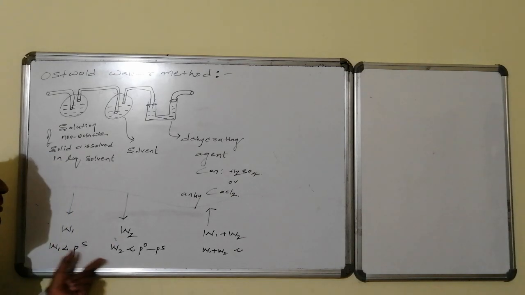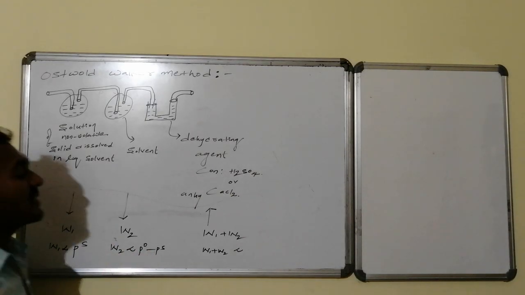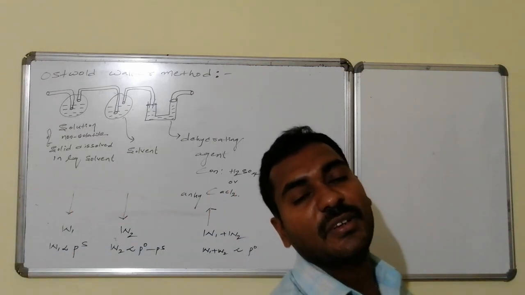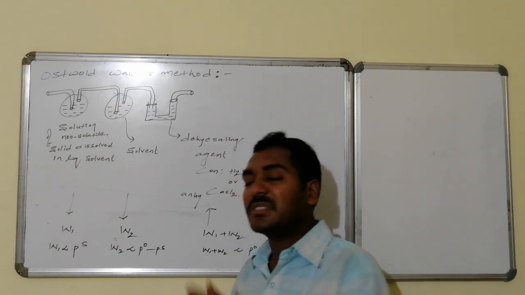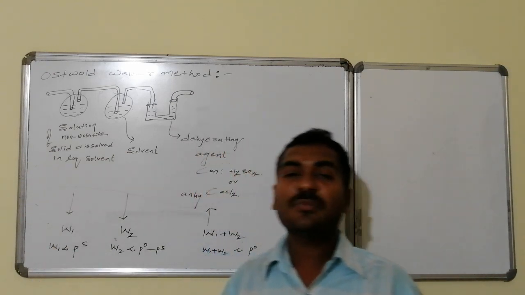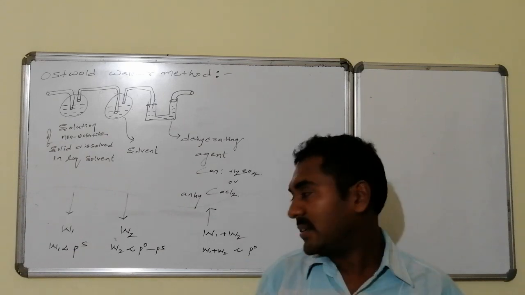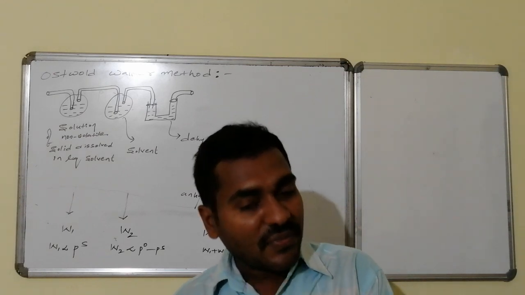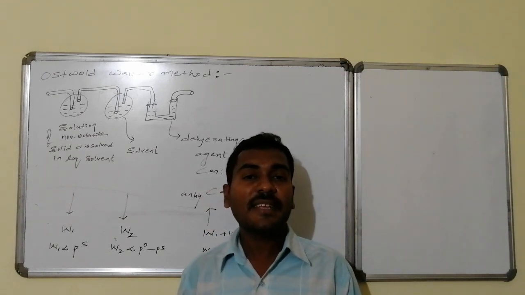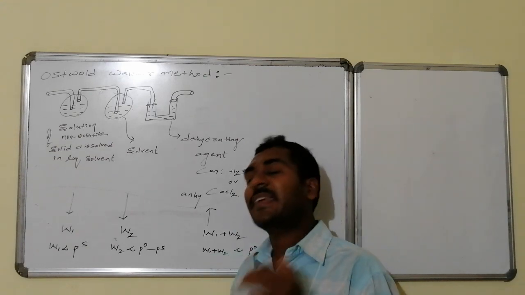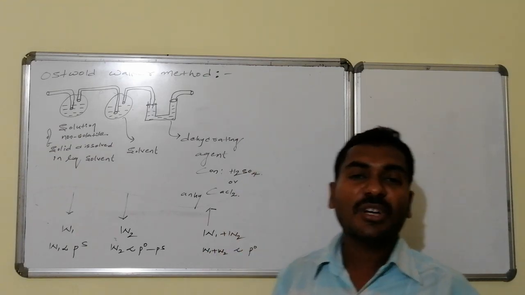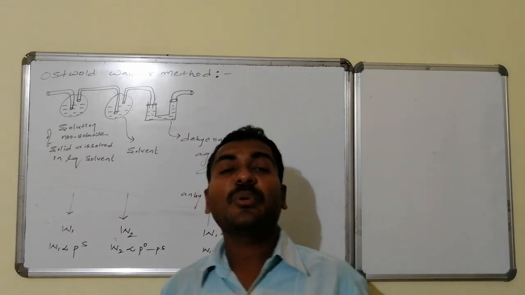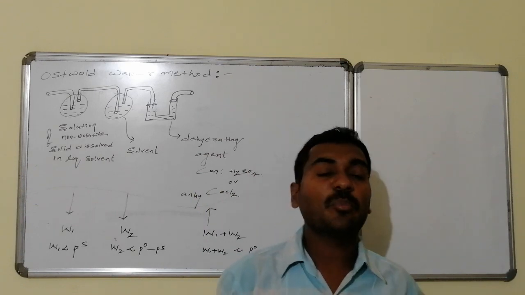Whereas W1 is proportional to what? Ps. If I add this Ps, once again it becomes equal to the vapor pressure of the solvent. Thus here we have all varieties of information. In terms of proportionality, weight loss in the first compartment is proportional to the vapor pressure of the solution. Weight loss in the second compartment is proportional to the difference in vapor pressures of the solvent and the solution. That is known as lowering in vapor pressure. And weight gained in the third compartment is proportional to the total vapor pressure of the pure component, that is the solvent, P0.